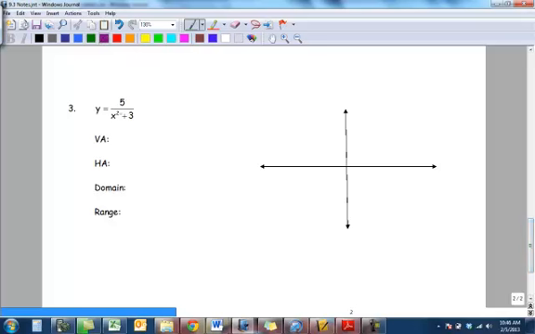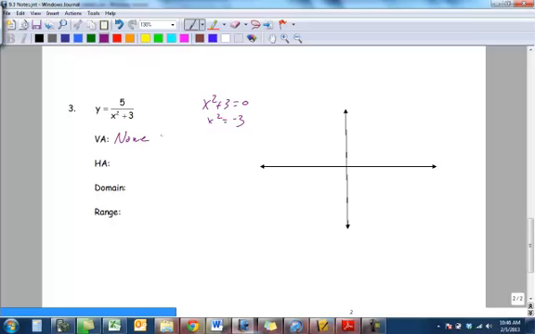What makes the denominator 0? X squared plus 3. When in doubt, let's set it equal to 0. X squared plus 3 is equal to 0. X squared is equal to -3. If I take the square root, I'm going to get an imaginary number. But we're not dealing with imaginaries right now, so is there a vertical asymptote? No, because nothing squared plus 3 is ever going to be 0. So there's no